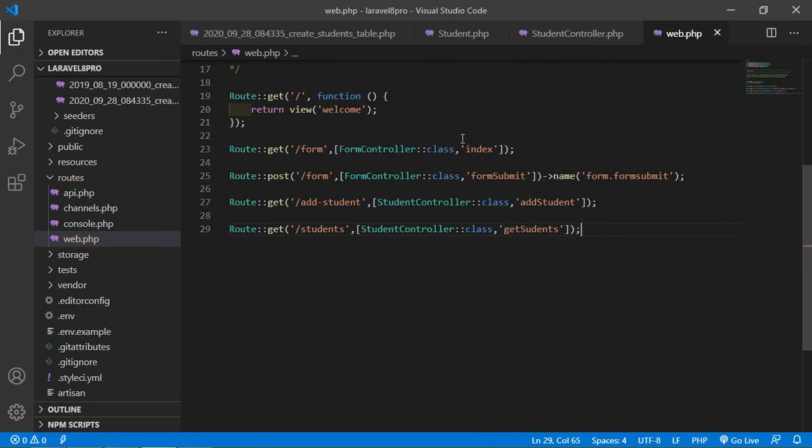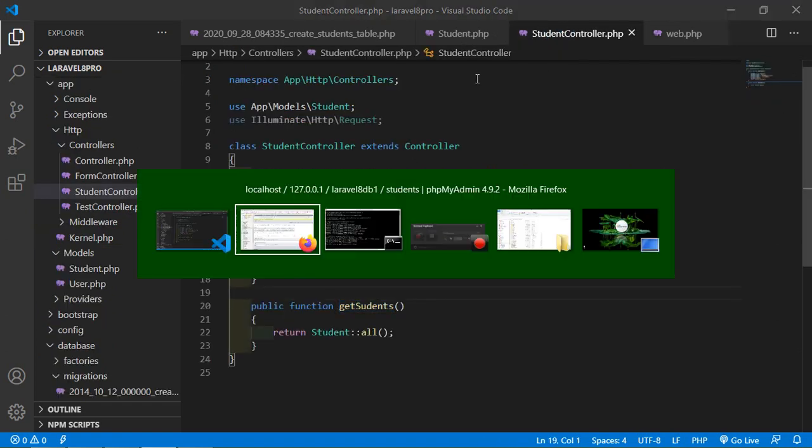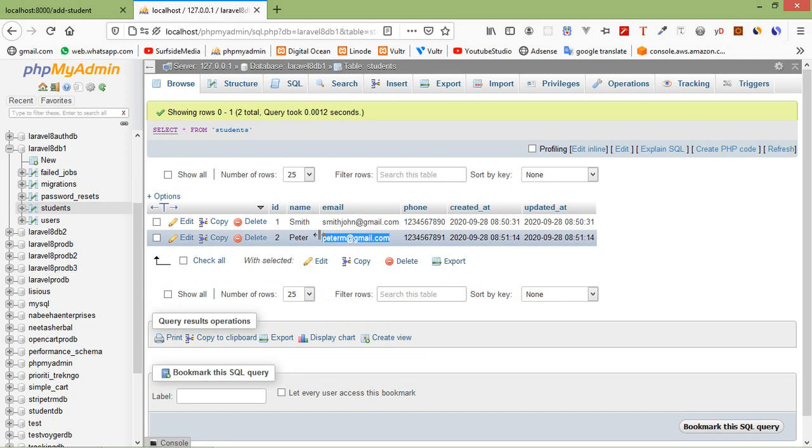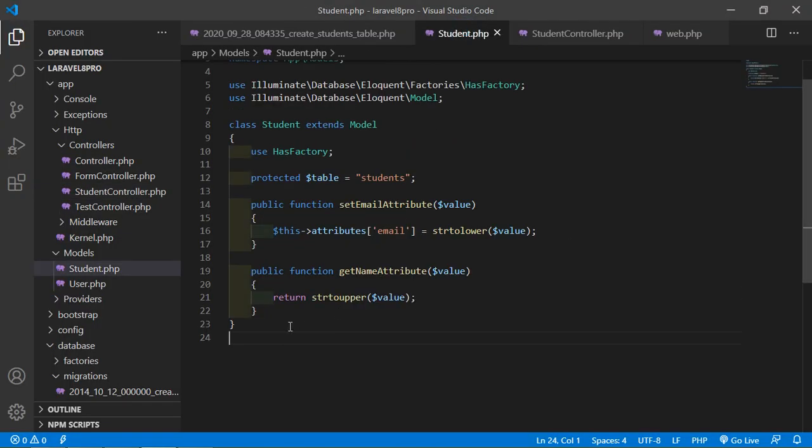Alright, now let's check this. So here you can see inside the database table all names have the first character in capital and this one in a small letter. Because of this accessor, the name must be in uppercase letter.